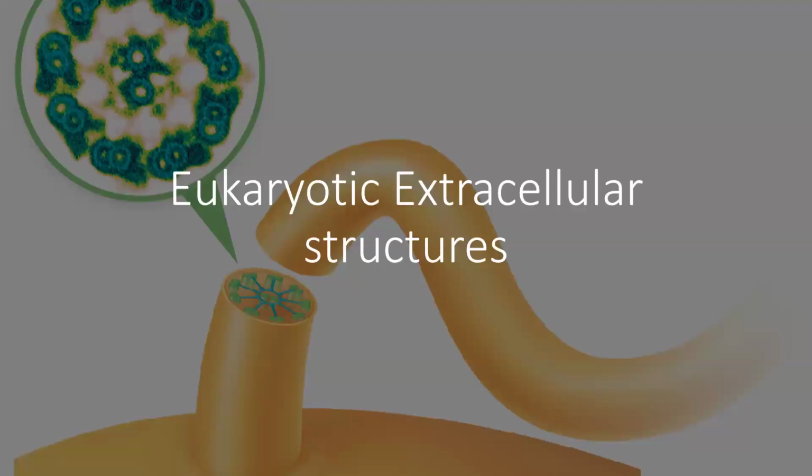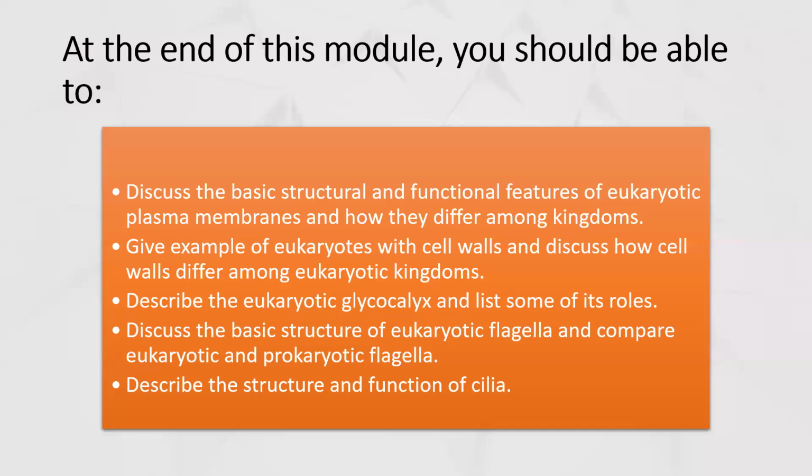Hello, everybody. In this lecture, we're going to talk about the extracellular structures of eukaryotes. So let's go ahead and get right into it. We've got a bunch of objectives here, but they're all fairly straightforward. By the end of this module, you should be able to discuss the basic structural and functional features of the eukaryotic plasma membrane, their cell walls, the glycocalyx, their flagella, compare their flagella to prokaryotes, and also the structure